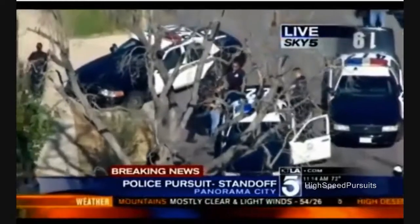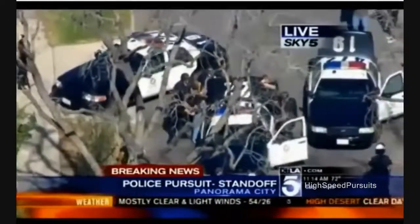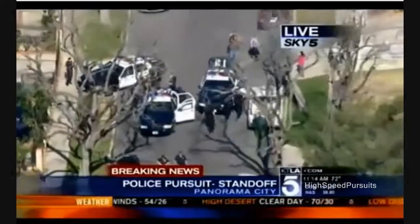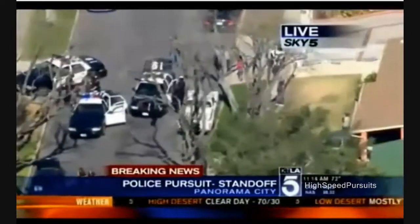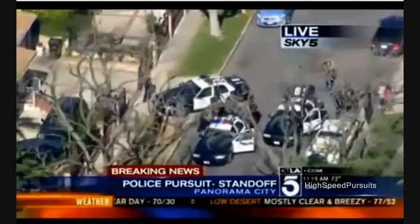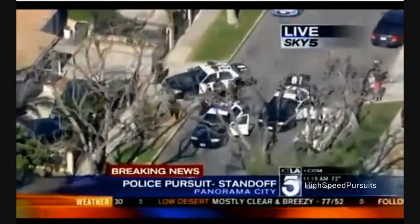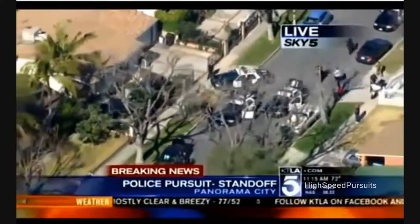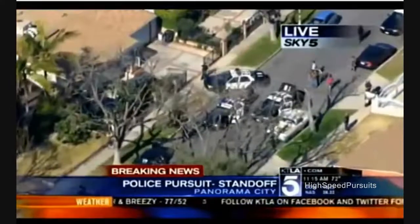Jessica? Yeah, Mark, he put up a bit of a fight for officers. He didn't come out of there easily, but it seems to have ended safely. This did start as a pursuit. A DUI suspect fled from police when they tried to pull him over. It ended with a spike strip here at Ashbrook and Cantaloupe in Panorama City. Appears to be a safe ending for those, especially in the neighborhood. Happy to see that. We'll have more on this story,